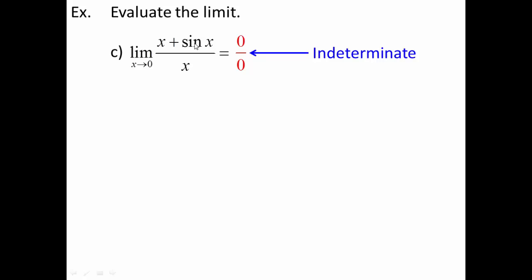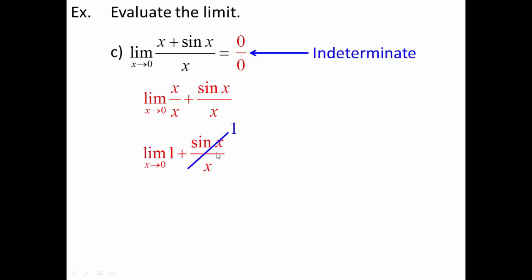But I didn't give you a situation where I was adding to the numerator. I only gave you situations where, what if there was a number here? Well, this is easy. I have a monomial denominator. Anytime I have a monomial denominator, break it up into 2 fractions. I then have x over x plus sine of x over x. Now, of course, x over x is 1, and sine of x over x is also 1, based on our limit rule. So 1 plus 1 is 2. Final answer, 2.